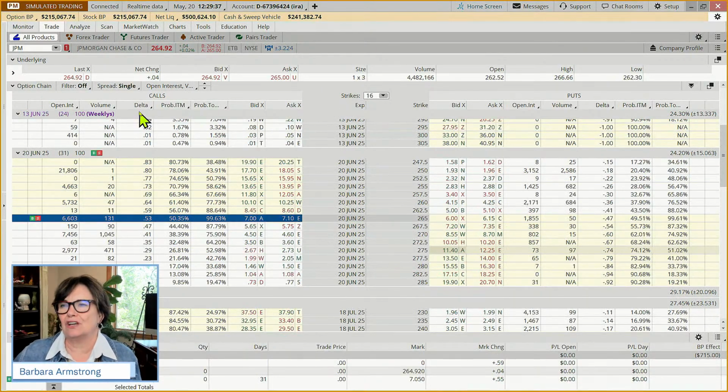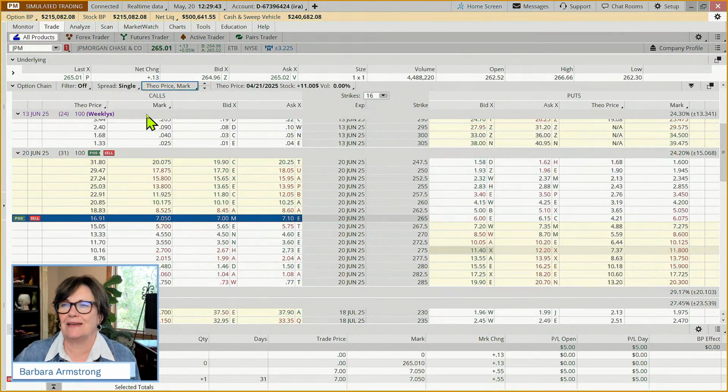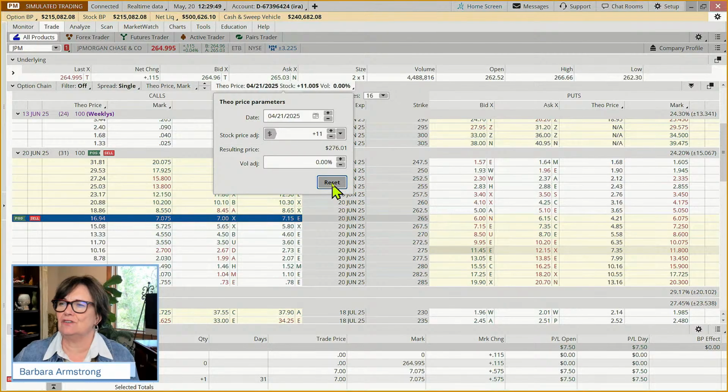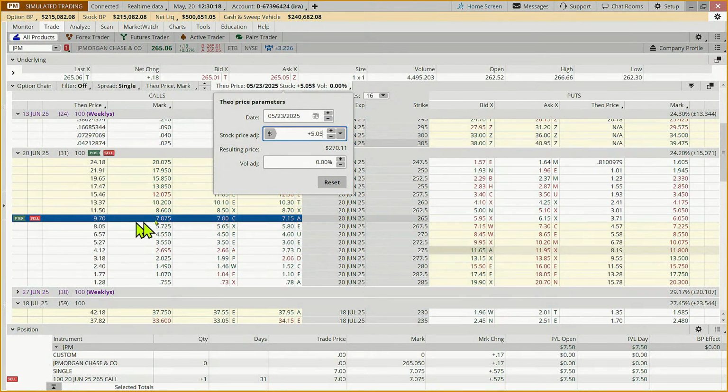Now, with the option, how much might that option be worth? Well, we don't really know, but one of the ways we can estimate or guesstimate is we can come here and the first thing you do is hit reset. And then we could say, hey, let's say by Friday of this week, it goes up and it hits 270 a share. And right now it's at 265. We aren't going to worry about volatility changing or any of that. We're just going to say if it goes up $5 a share. Okay, it would have to go up $5.05, but we're close. If it went up $5 a share, it would hit our target and we would be out.